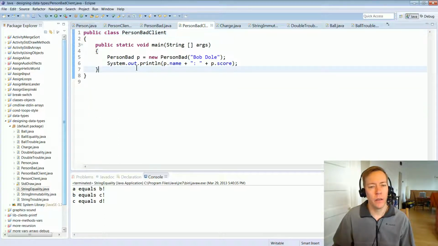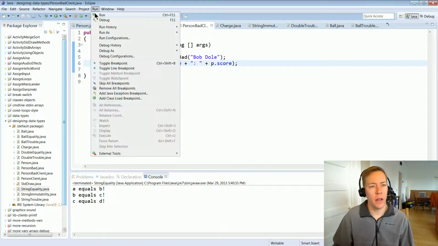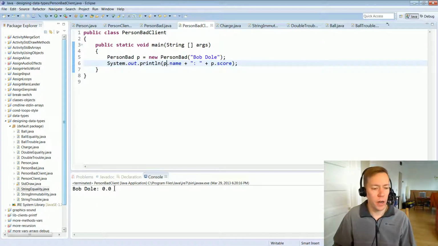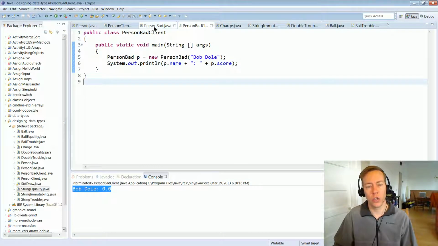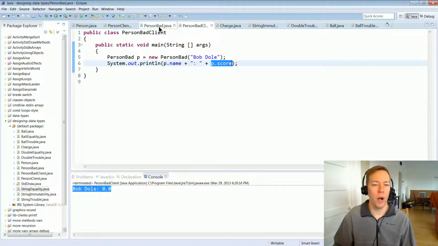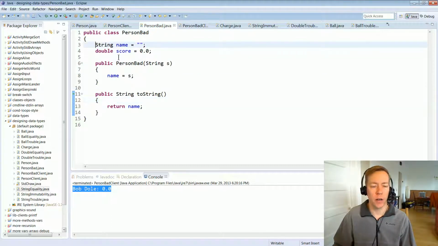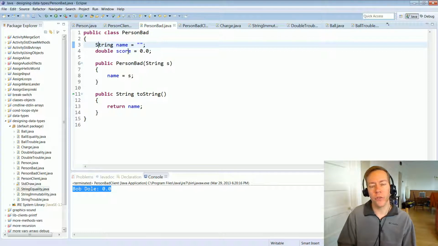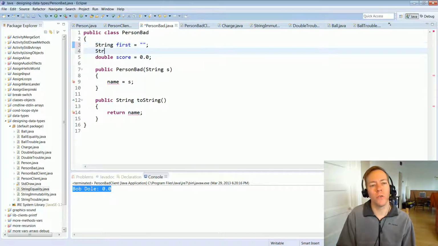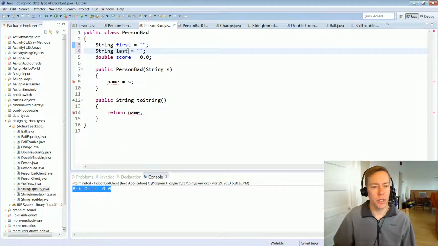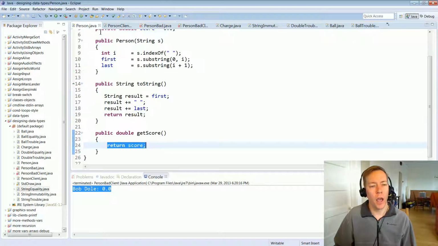And here is a client, and at this level, it works fine. There's no problem with this currently. This guy can get the p.name and p.score because I haven't put the private access modifier on the instance variables. The trouble is, if I decide to change this name, or if I decide I want to have the two instance variables like before, and let's just for speed, here's the code